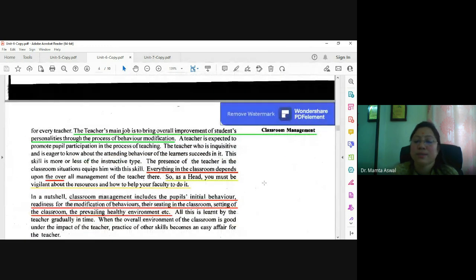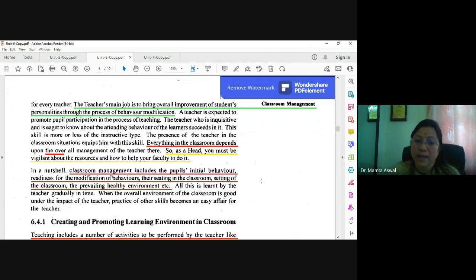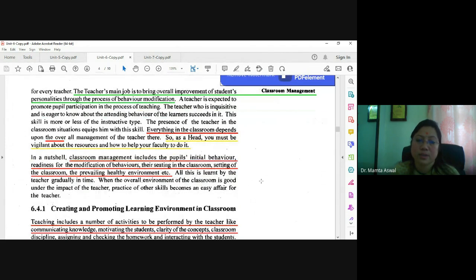The teacher basically must create an environment whereby the student's behavior modification takes place. There he needs to modify the behavior of the student. If they feel that the behavior is not going in the right track, the correction must be done at the appropriate time. For that, it is the duty of the teacher, and the head must be held responsible for that. He must be aware of all the activities going on inside the school and